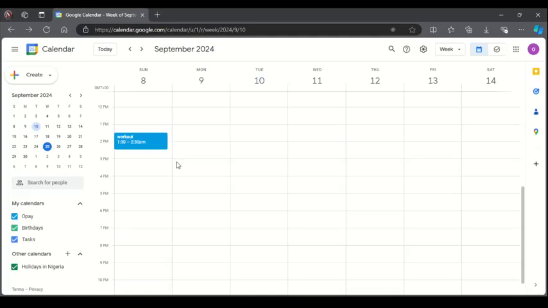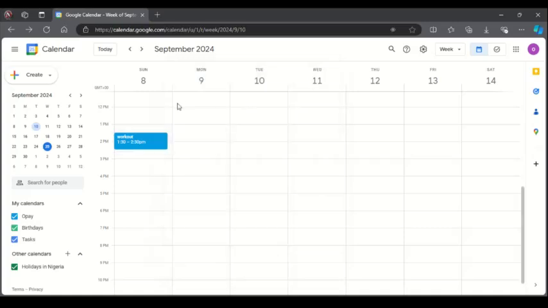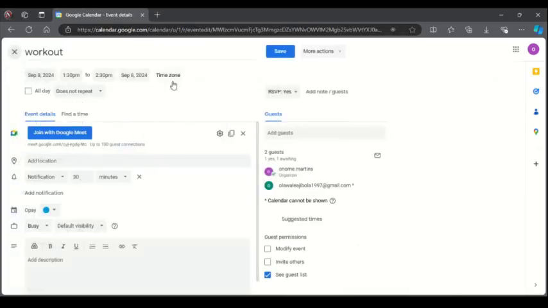You can just click on the already created event you have in your Google Calendar. Just click on it, or you can just double click on it. If you click on it, then you have something like this beside your event, or if you double click on it, you have another chance where you can edit your event on Google Calendar, and the edit comes with different types of